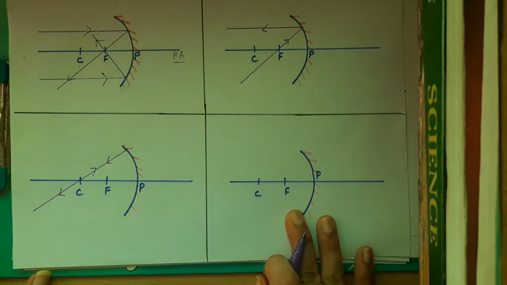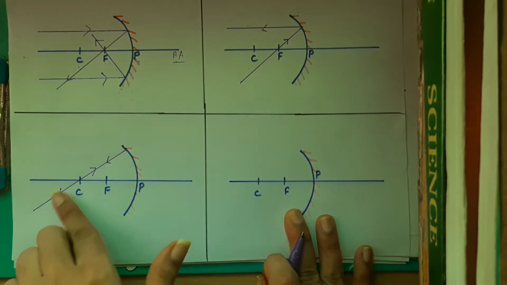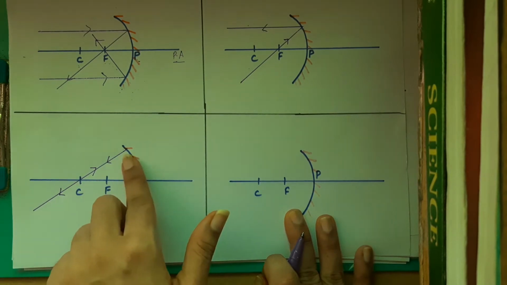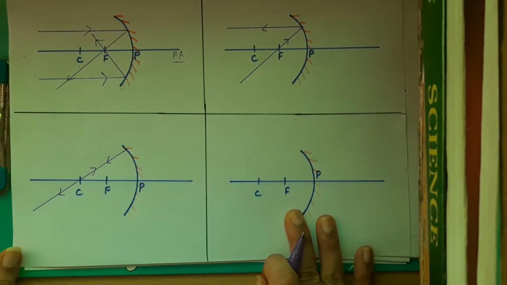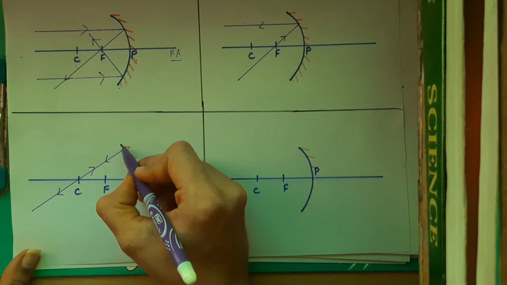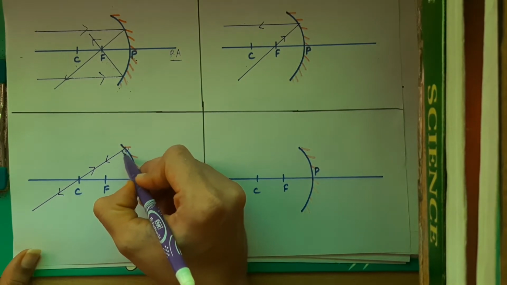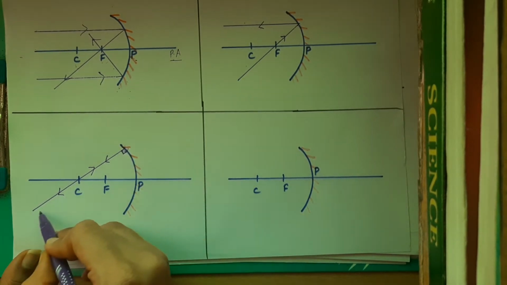You all know that if the light is coming along the normal, the angle of incidence becomes 0, and so does the angle of reflection, from the laws of reflection of light, right? So that's what is happening here. If the light ray is coming from along the center of curvature, this line acts as a normal to the mirror. Why does it act as a normal? Because if you look at a very small portion of the mirror here, it looks almost perpendicular to the surface of the mirror, and that makes the light ray my normal.